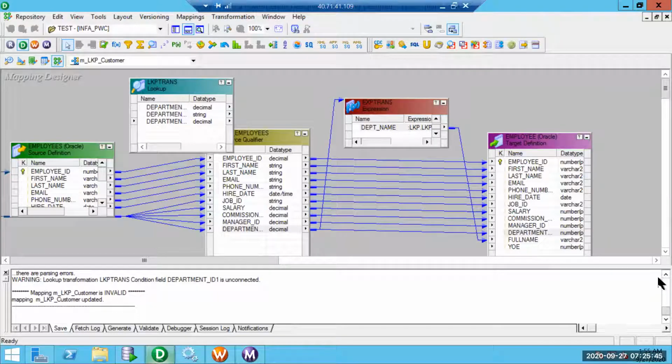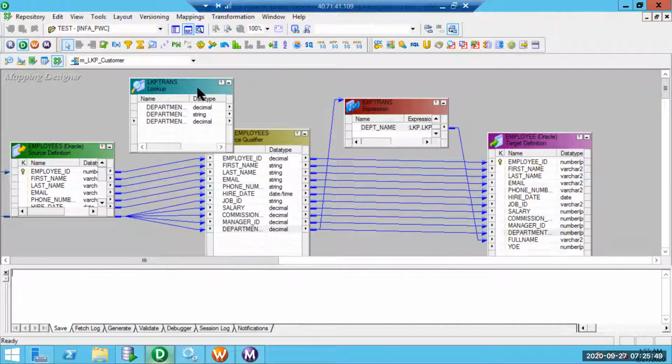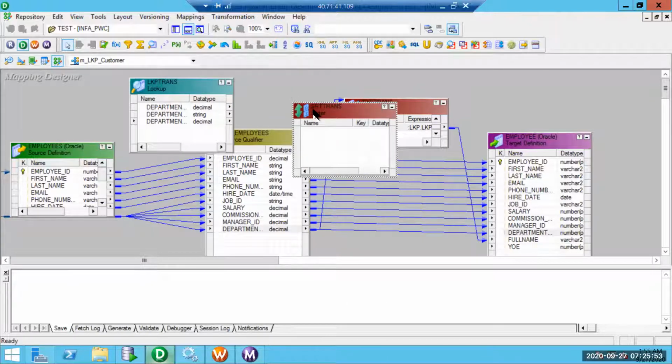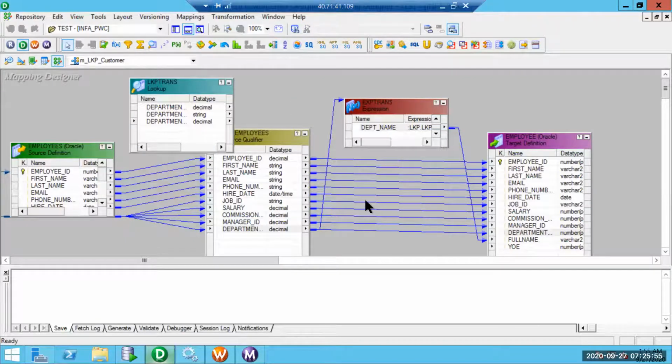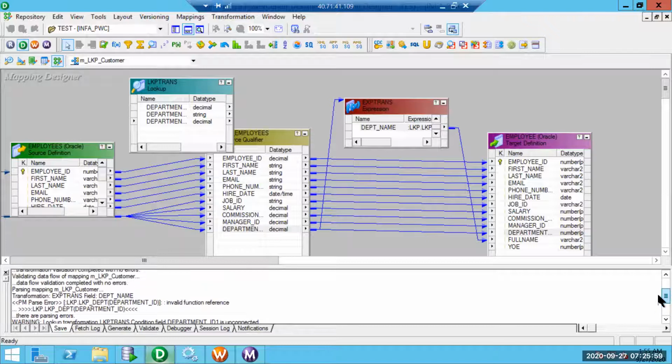Why? Let me try to clear locks, then change something and save it again to understand why it is invalid. Let's see the error. It says invalid function. The same thing was valid.